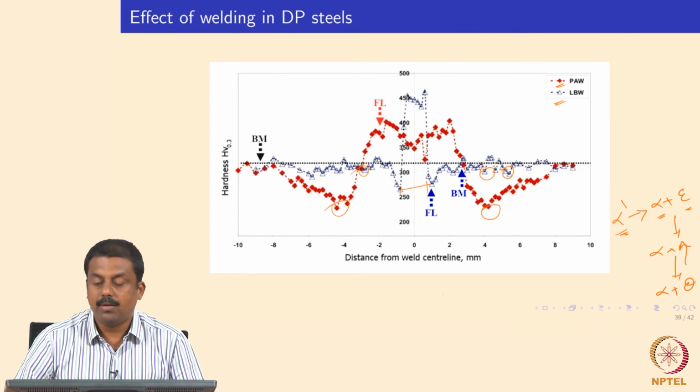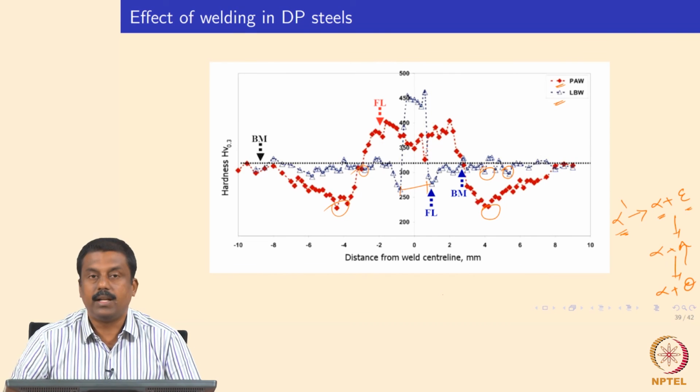So, with this we will conclude the retained austenite fraction. We looked at two techniques. The first is the magnetic saturation method to measure the retained austenite fraction, and it is a bulk measurement that can give information about retained austenite over a wide area. So, we have to use other techniques where we can measure retained austenite very locally, with very good spatial resolution.